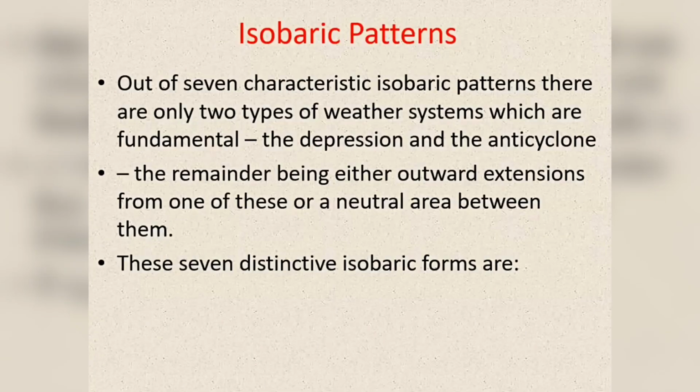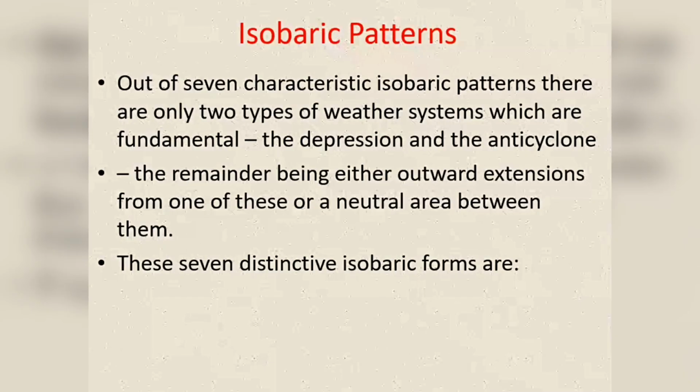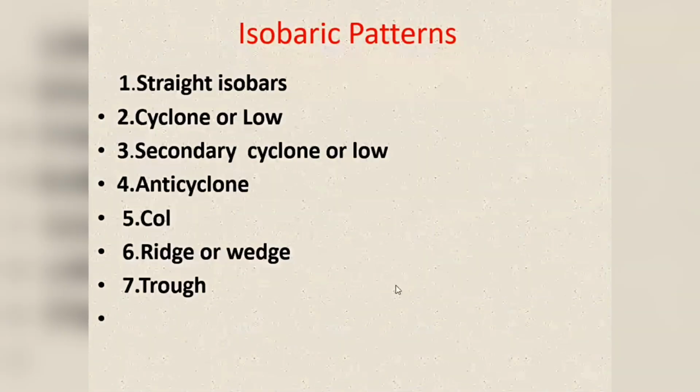Isobaric patterns: out of the 7 characteristic isobaric patterns, there are only 2 types of weather systems which are fundamental. What I was telling you, the depression and the anticyclone, or low pressure and high pressure, as we call them. The remainder are either outward extensions from one of these or a neutral area between them. So these 7 distinctive isobaric forms,